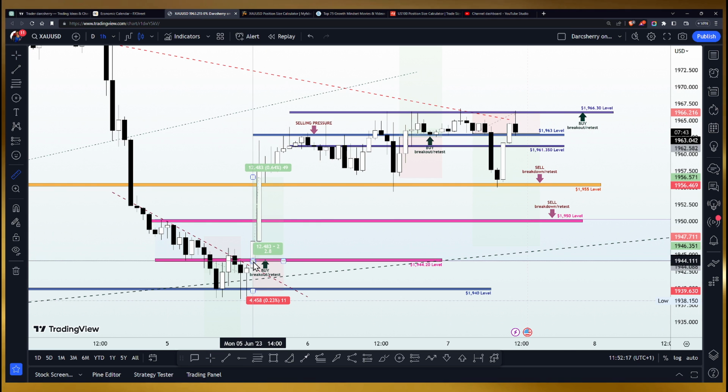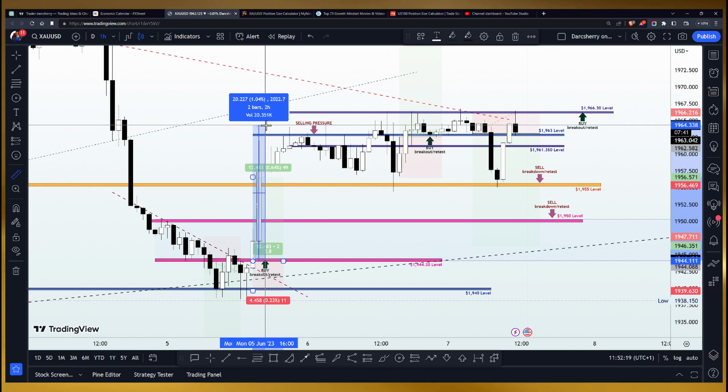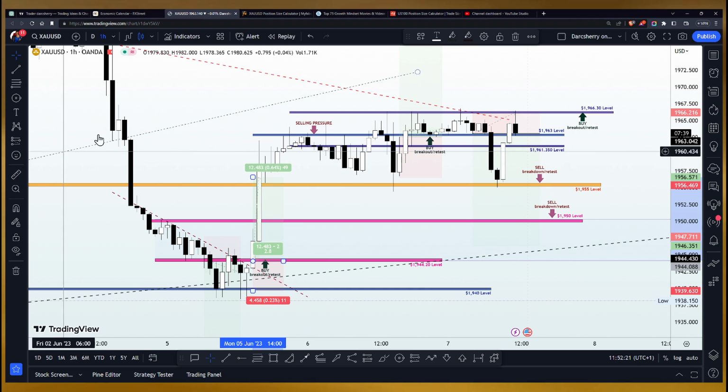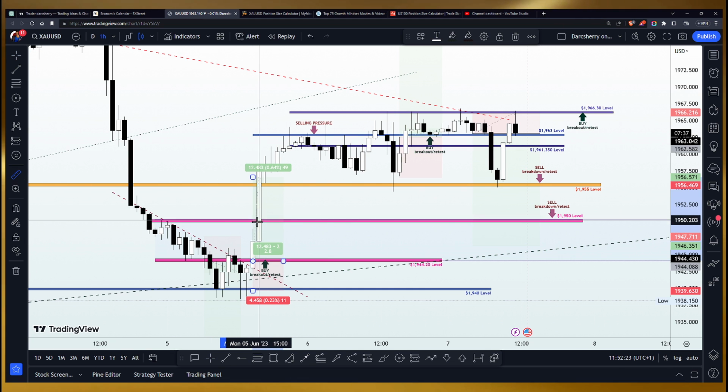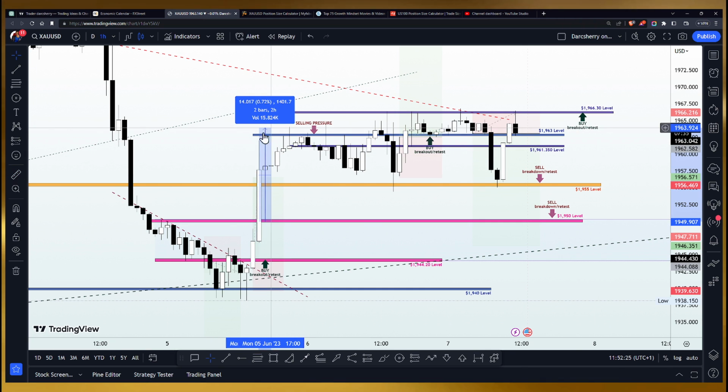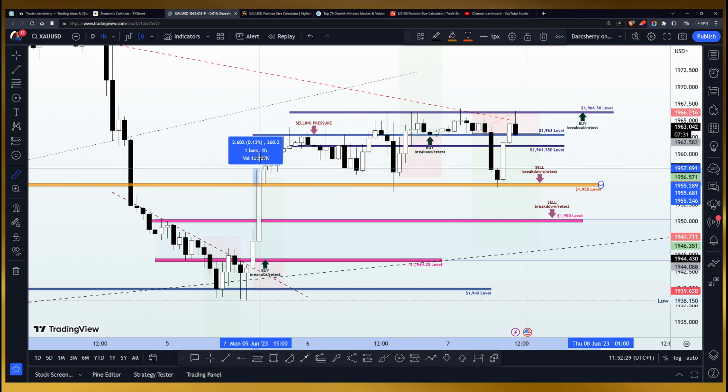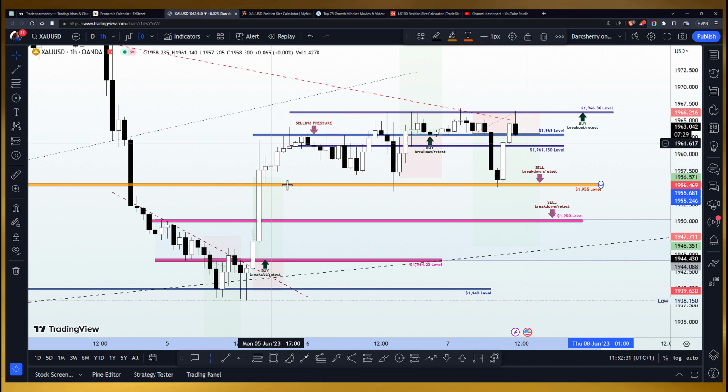So during the first day of this week, we were able to scoop the first position, which moved over 200 pips before the sell pressure began. Then we had the second position here move over 140 pips, and the third position at the breakout of the key level moved over 75 pips. So it was a very profitable trade for us at the beginning of the week.